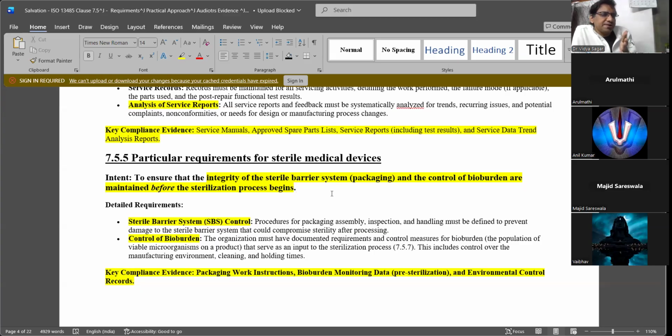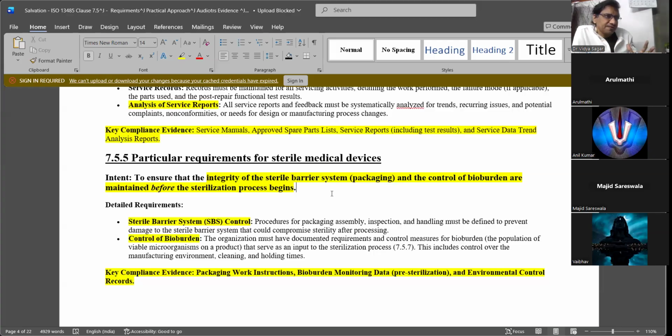Okay, it could be 0.2 micron. It looks like a porous paper, but resistant to heat and humidity. It has a pore size of less than 0.2 micron, so it won't allow bacteria to enter into the device.